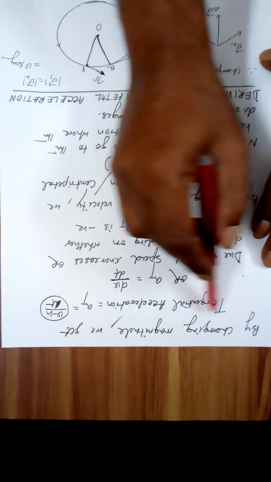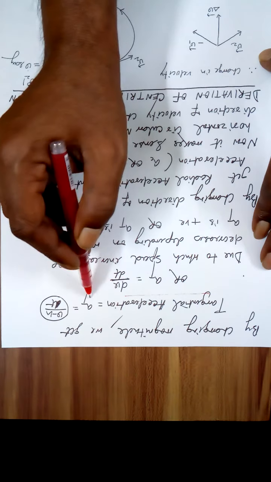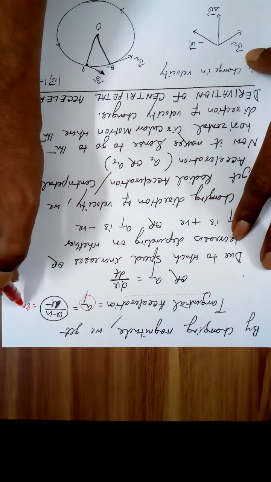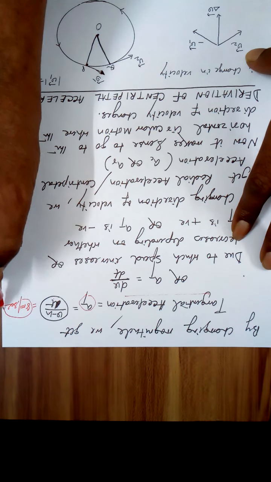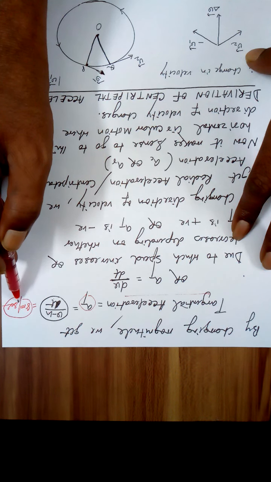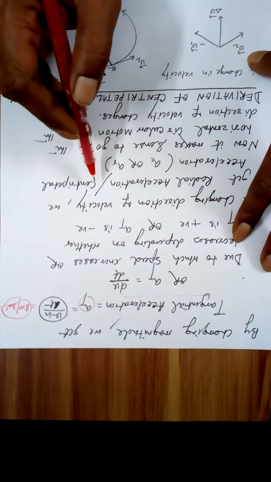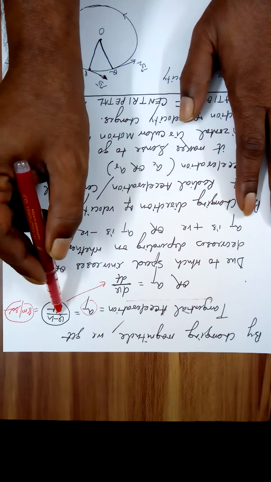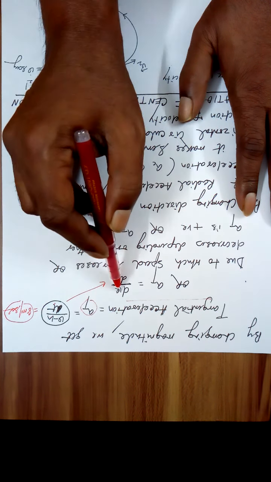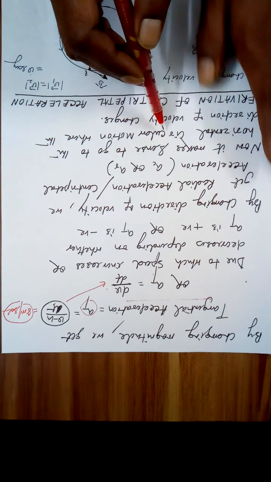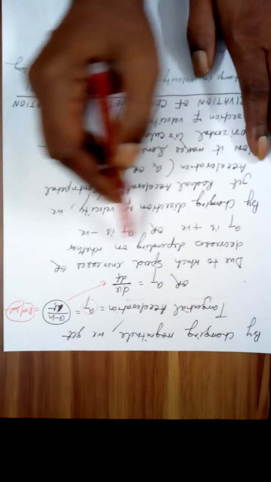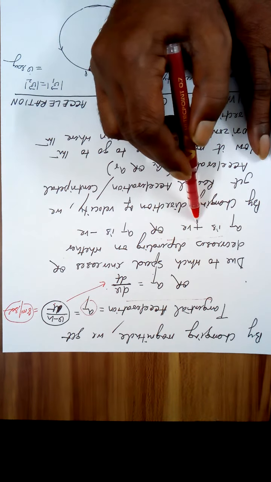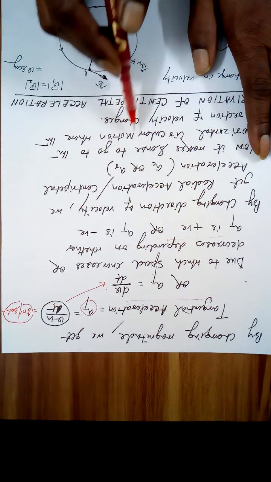By changing magnitude, we get tangential acceleration, (v minus u) over t, suppose equal to 8 meter per second square, meaning the speed will increase by 8 meter per second in every second, which I explained in the last two videos. In differential form, you can write this as how the velocity is changing with respect to time t. So dv over dt is the tangential acceleration, due to which speed increases or decreases depending on whether the tangential acceleration is positive or negative.